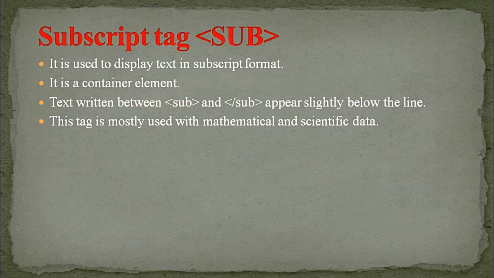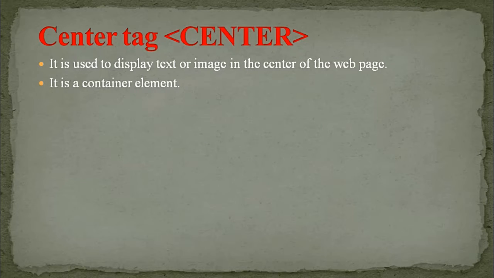The next one is subscript. Subscript is where we make the content a little bit lower than the line, so it would come a little bit below the line specified. It can be used for any scientific or chemical formula like H2O, so the 2 would come a little bit below the line where the content started. I will tell you what the code would be and how it would be represented when we do the practical.